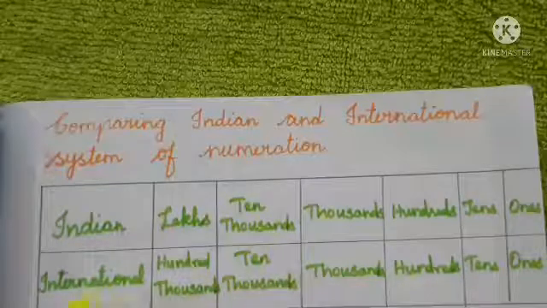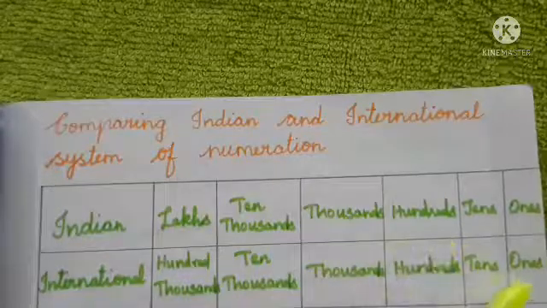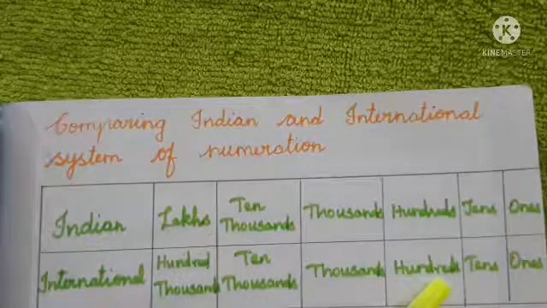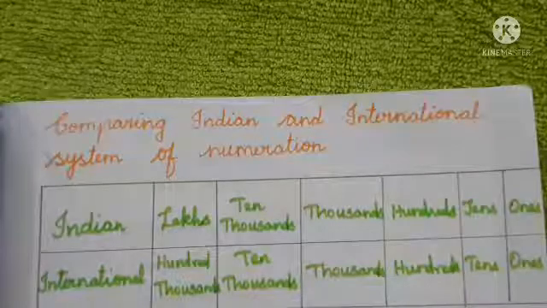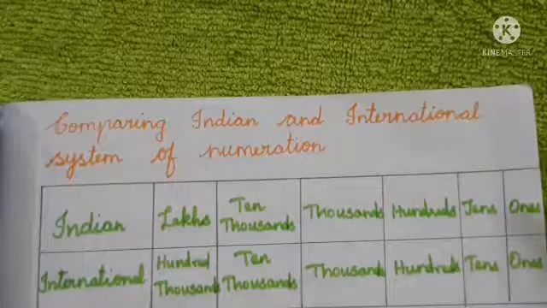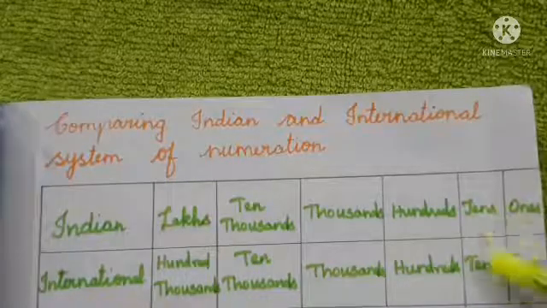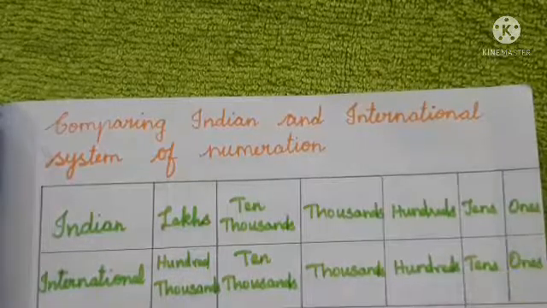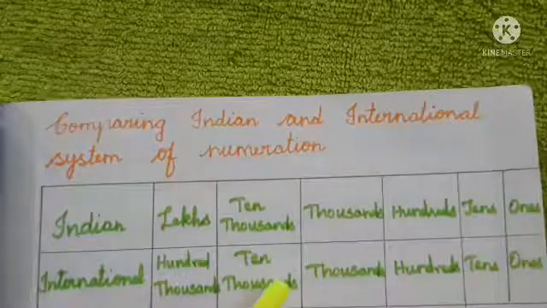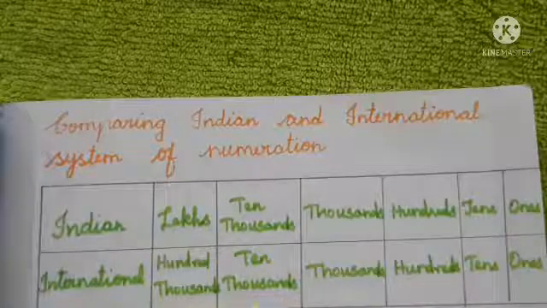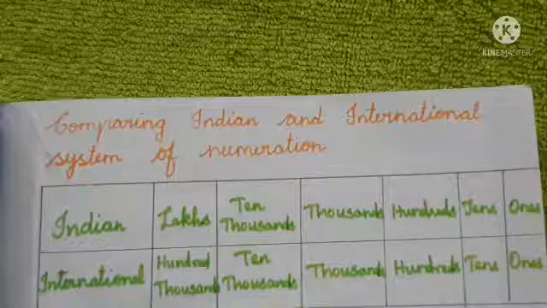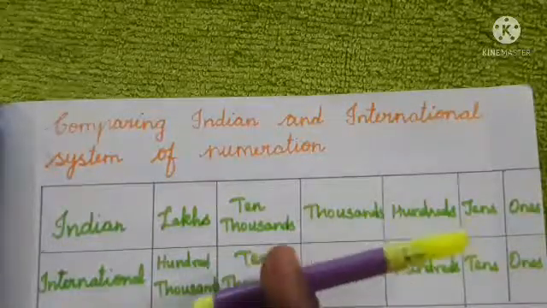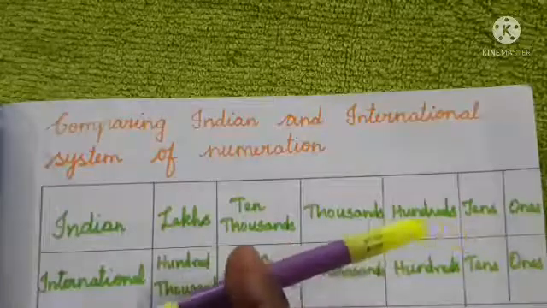But in the international system, ones, tens, 100, these 3 places will come under the ones period. Like the Indian system and international system, both the ones, tens and 100 place will come under the ones period. Next we have a change here: 1000, 10,000, 100,000. These 3 place values will come under the 1000 period. So here we will divide, from the right side, the first 3 numbers will come